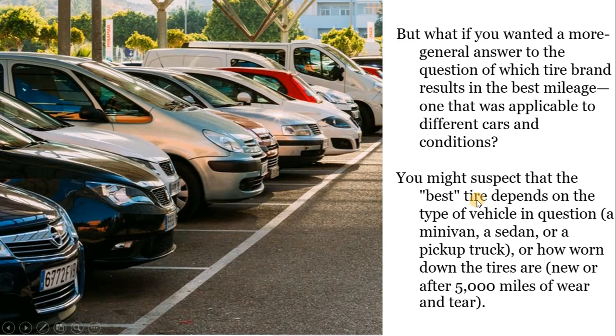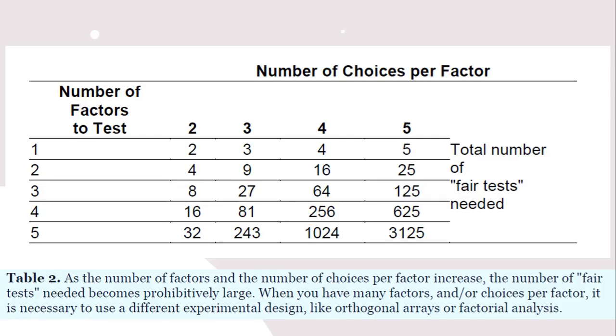So you might suspect that the best tire depends on the type of vehicle in question, maybe a minivan, a sedan, or a pickup truck, or how worn down the tires are, whether your tire is new or after 5,000 miles of wear and tear. Okay, so it increases the total number of fair tests required. As the number of factors and the number of choices per factor increases, the number of fair tests needed becomes prohibitively